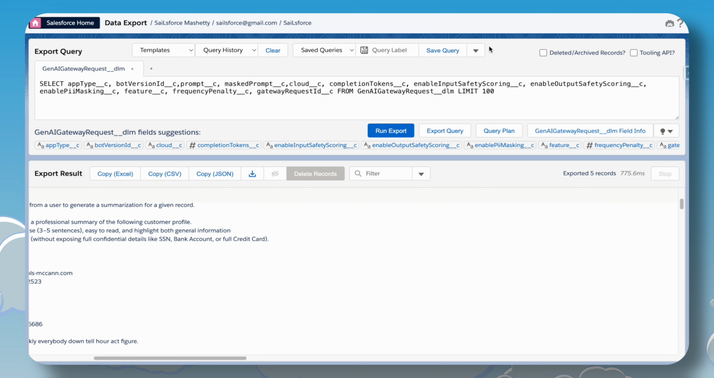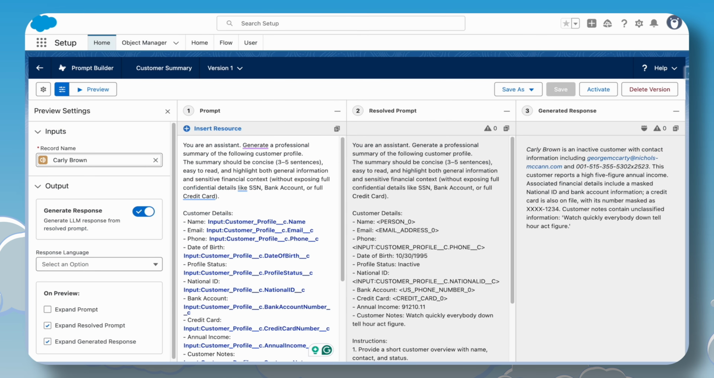So you can enable the logs and you can check in the Data Cloud as well. And that's how you can set up Einstein Trust Layer in Salesforce, ensuring every AI interaction is secure, compliant, and